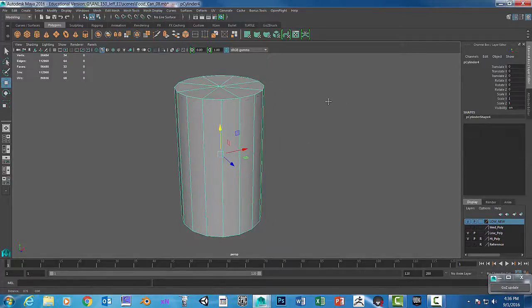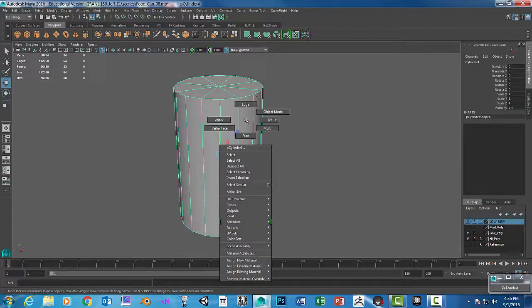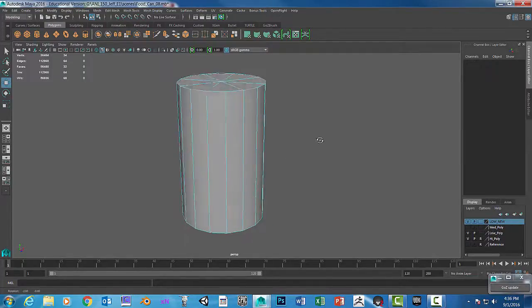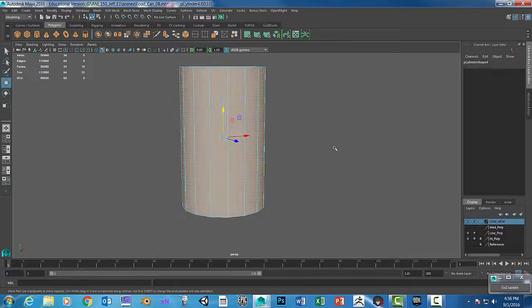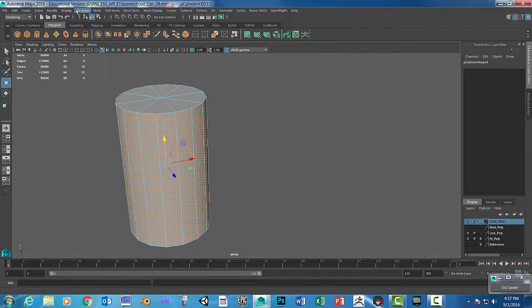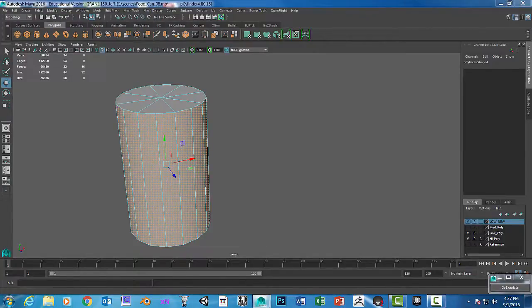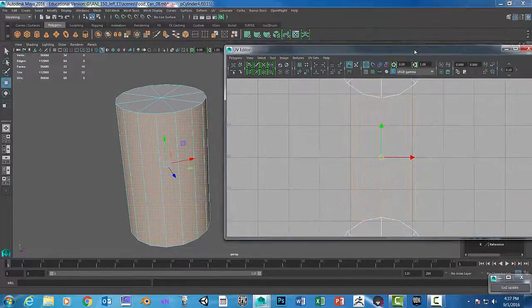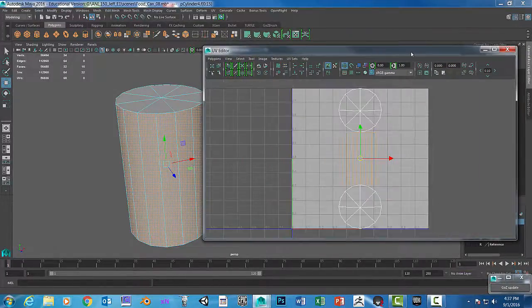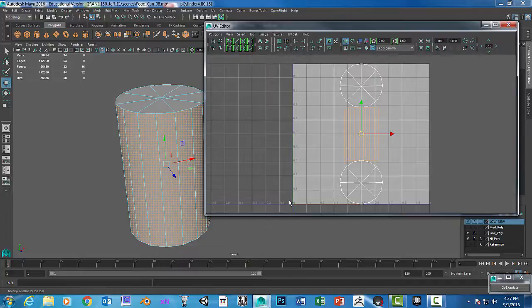So the first one is to just select your faces that you would like to UV map. So I'm going to go to face mode. I'm going to select the center. And I'm also going to open up Windows. I'm going to open up the UV editor. Okay. Alright, so you can see here's my UV space between 0 right here and 1, 0 and 1, and this is the grid that I can use. I have to fit the UVs within this grid,